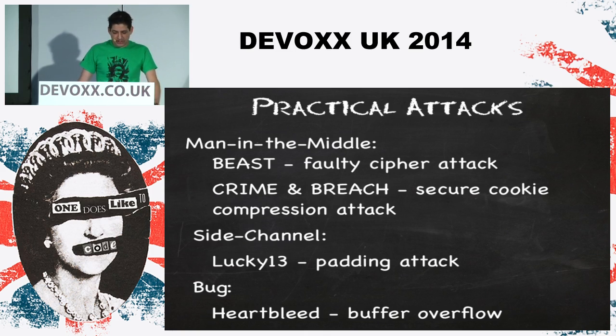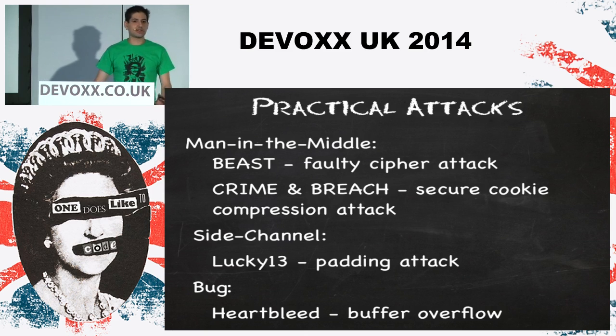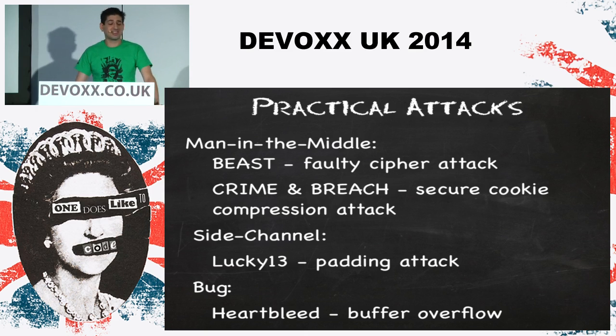CRIME and BREACH, they're pretty related. They both operate the same way, in that they attack cookies and session data rather than trying to do a traditional man-in-the-middle. There is not a lot of known resistance against these at the moment. The best defense, especially for CRIME, is to have really good anti-CSRF technology in your web apps. You know, Spring Security provides some of this out of the box. I'm sure other frameworks do. Something to check into, because these are still live bugs that can cause problems.